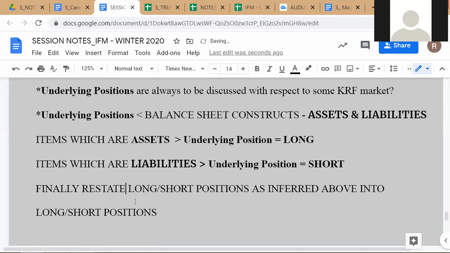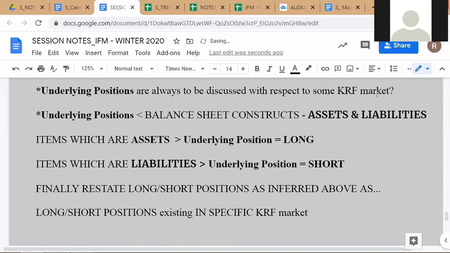Restate will be better. Restate as. Convert would have been into, but restate is as long short position and we can put it